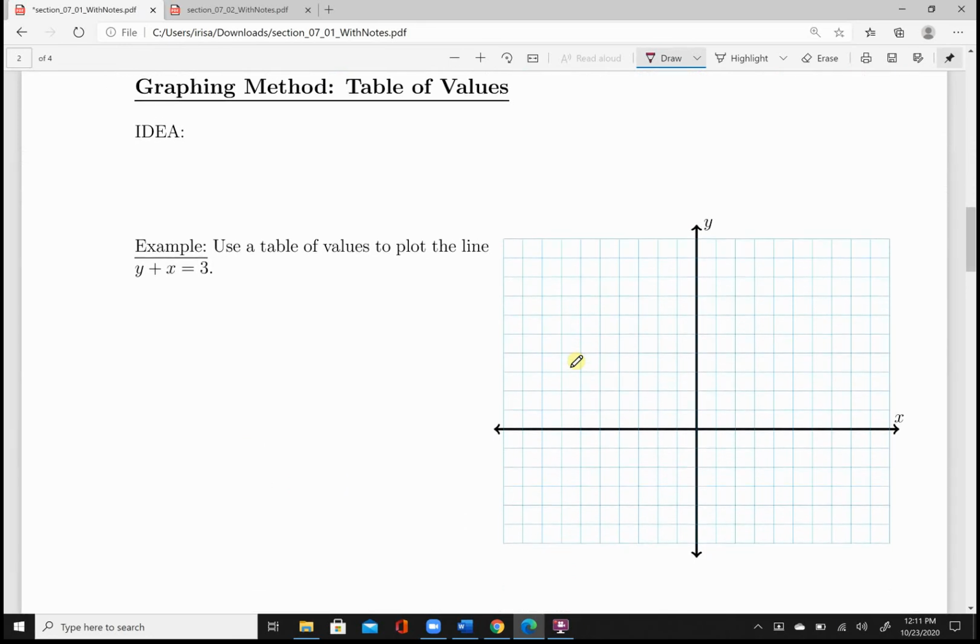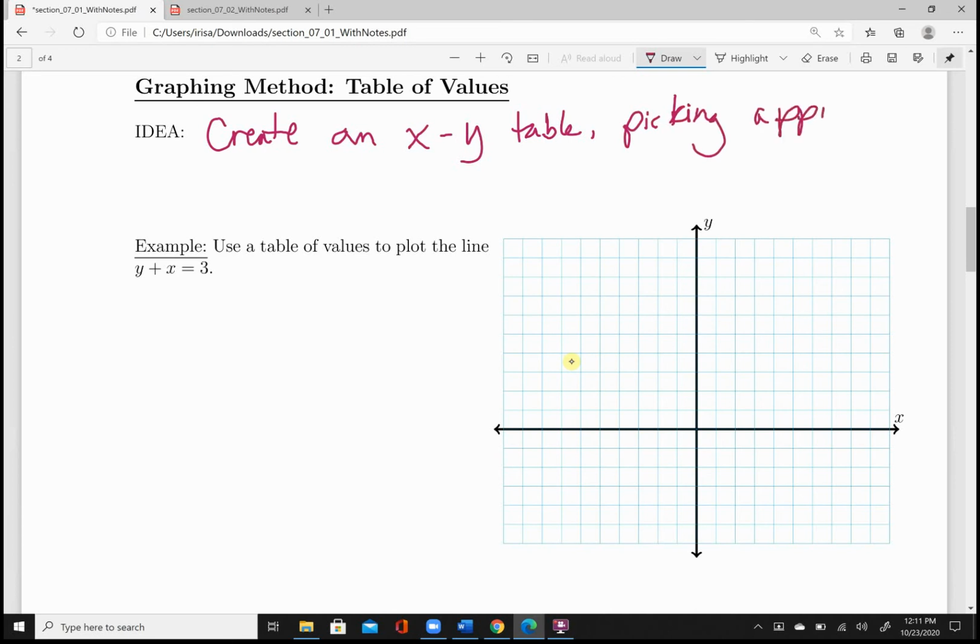Now we're going to get into some graphing methods. And here is the first one, table of values. So the idea is you create an XY table. That doesn't necessarily look like an X. Let's try that one more time. Picking appropriate values for X. Now, how do you know which values are appropriate? Well, there's some